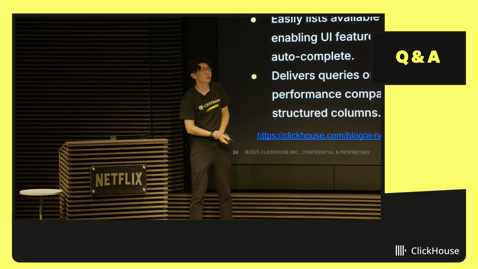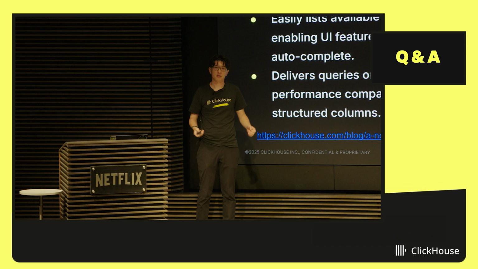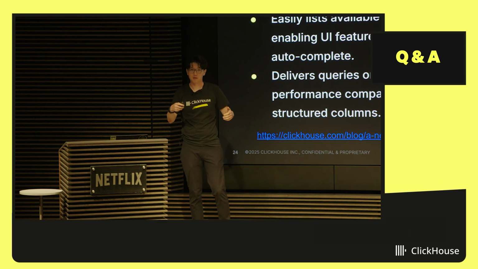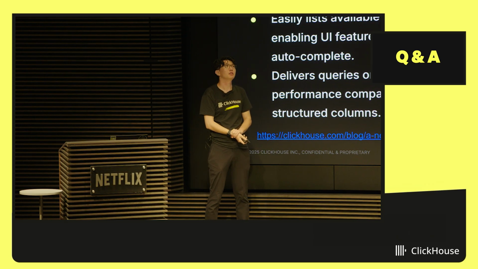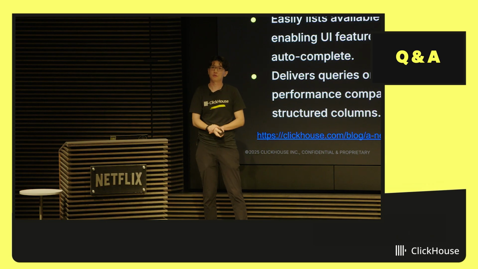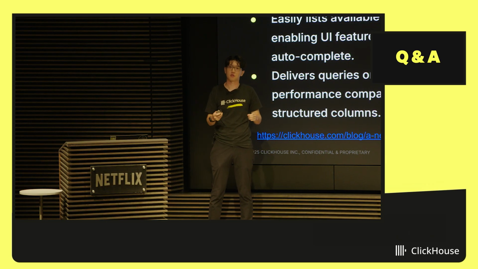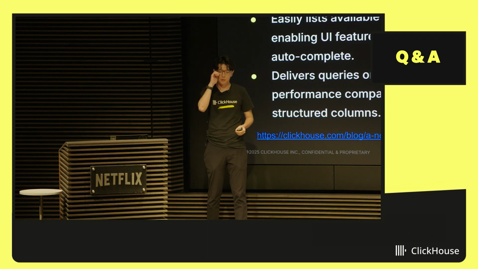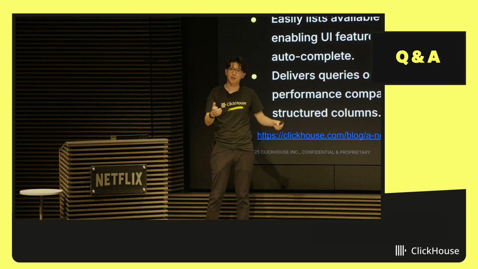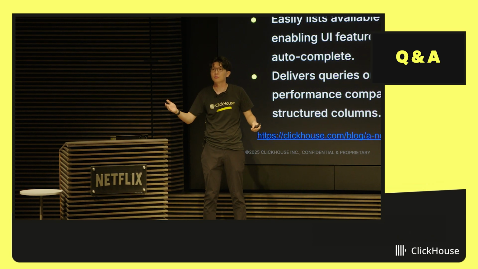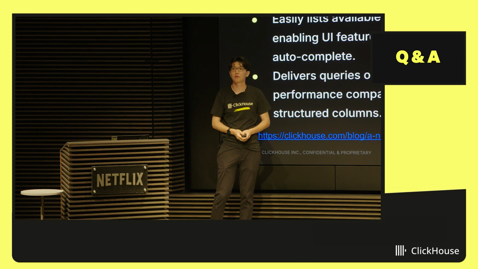Yeah, that's a really good question. So the question was, if you have multiple different types, say you have ints and floats, and you're trying to do a pretty trivial aggregation together like a sum, what would happen with the JSON type? So I believe if the types can be coerced, so if the column only has ints and floats, for example, it will work by default. Otherwise, you will have to cast it or do a filter on top of the values to make sure you're only getting the int and float versions. The other thing you can do is specify which type you want. So say I only want the int32 versions of this property, you do :int32, and that will get just the int32 values out for that specific property.